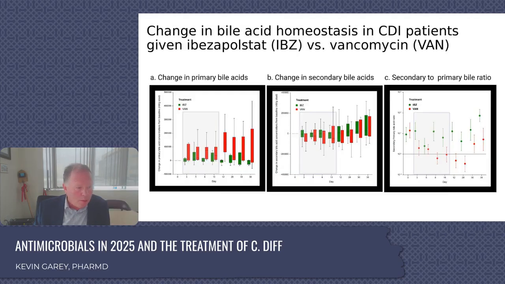This also illustrates the bile acid story. If your bile acid homeostasis is off, your secondary to primary bile acid ratio will be below 1. The money shot here is in the C panel, the far right, and you can see lots of those red dots. Those vancomycin-treated patients have lost their bile acid homeostasis, and it persists for a long time. And take a guess where those two patients were at. They were at the bottom of those line charts.